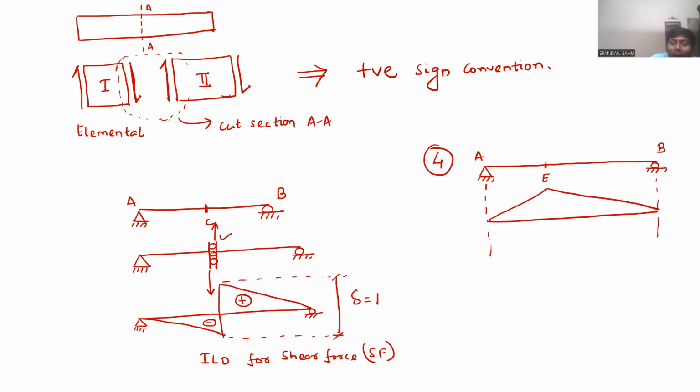Now tell me what joint, or how we will modify this point E such that our stress function is released, meaning the bending moment at point E is 0. Tell me what joint to apply. Like here, to release shear force we applied a shear release. So to release bending moment at E, what joint do we need to apply? A moment release or internal hinge. Yes. So when you apply a bending release here and give a unit rotation of 1 and 1,